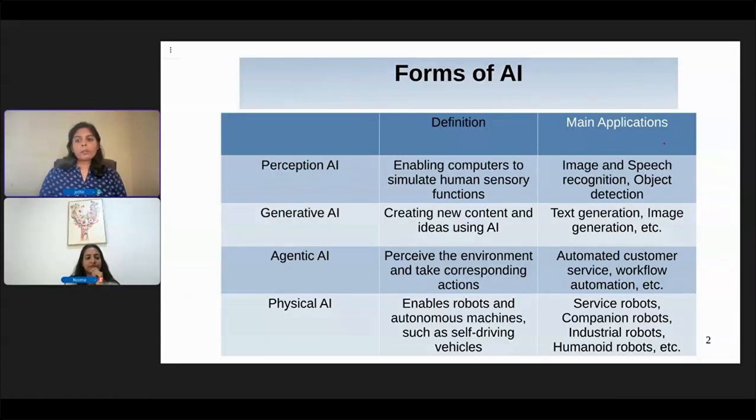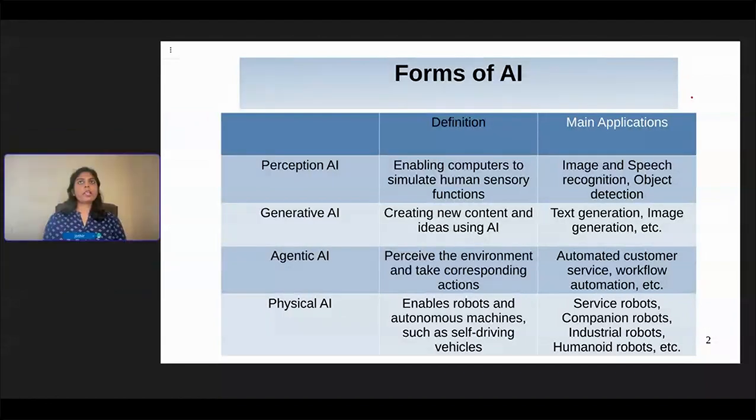So before starting with generative AI in detail, I would just want to tell you about the forms of AI that are existing today. Okay, so perception AI is the first of its kind, where image and speech recognition was started, right? So we were able to have chips and semiconductor devices, and it'll have some programming in the background which will recognize the words that you speak or the images that you display and things like that. And then came generative AI, where it'll start generating content for you rather than just recognizing what you talk or show.